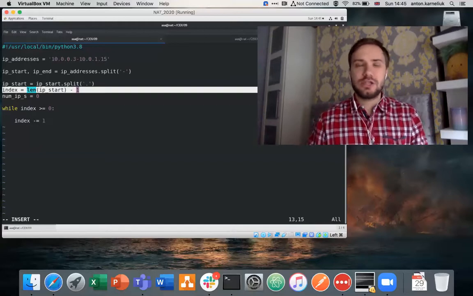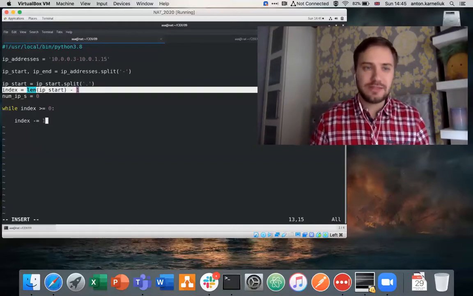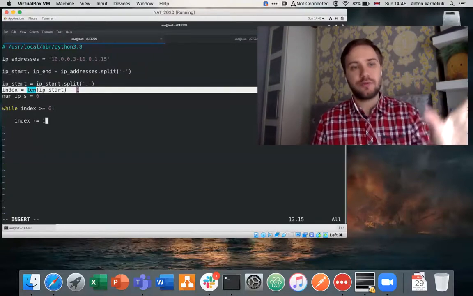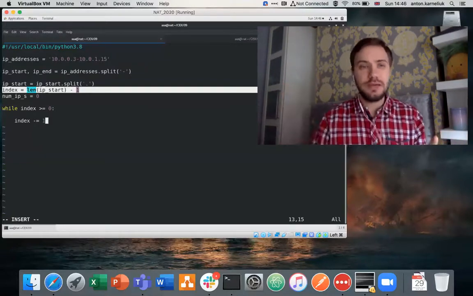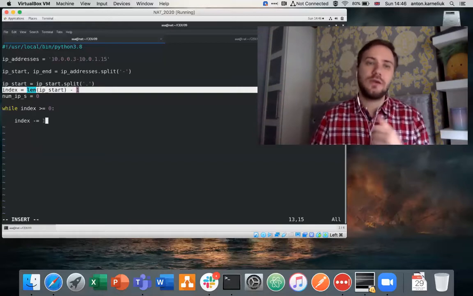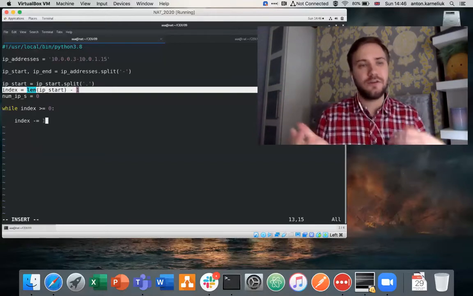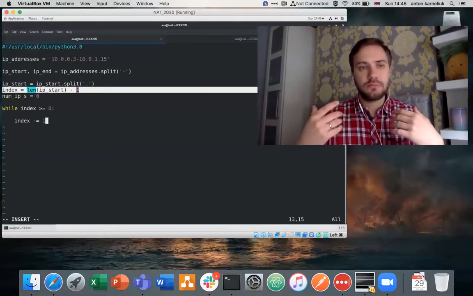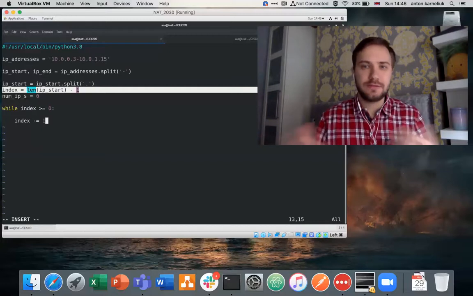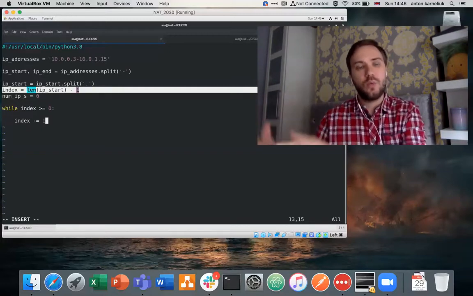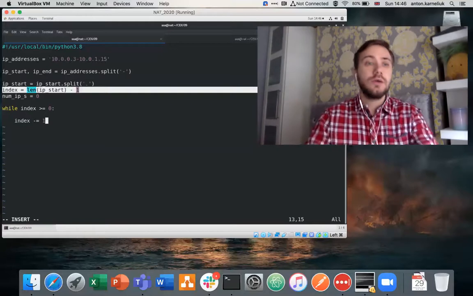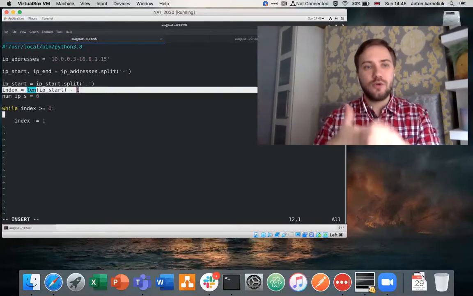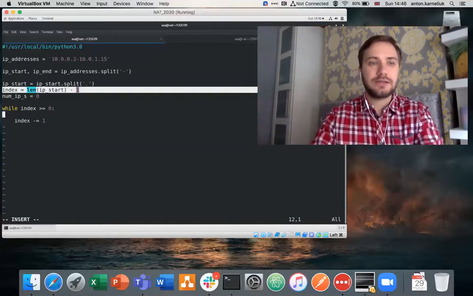So we have this construction, dash or minus in this case, equal sign, and then on the right hand side some number. It means that the original value of the element would be decreased. If you would add the plus instead of dash, then it will be increased by the amount on the right hand side. So what we're doing now, basically we have just created the way that our loop is not infinite, and within the loop we would be